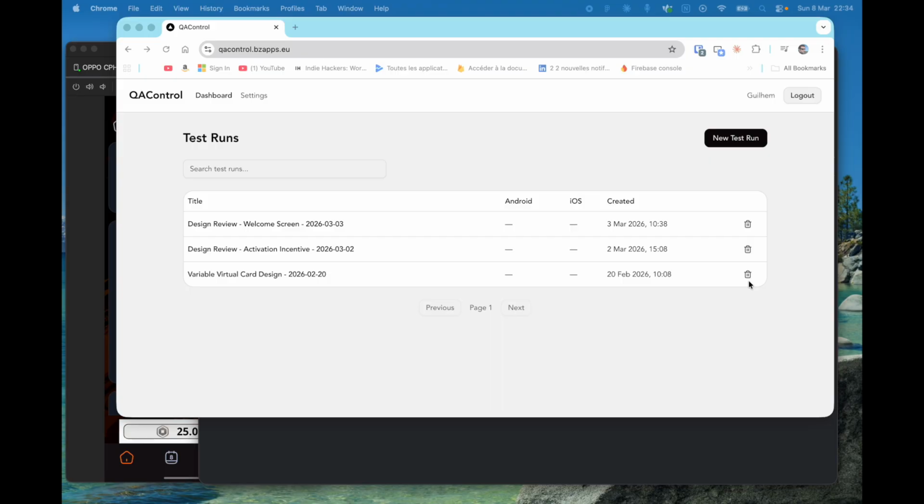Hey everyone, I just wanted to show you a tool I built just for my work using Cloud Code, and to prove that you can build your own SaaS for your own needs. This is called QA Control, and as some of you know, I specialize in mobile product creation, and sometimes